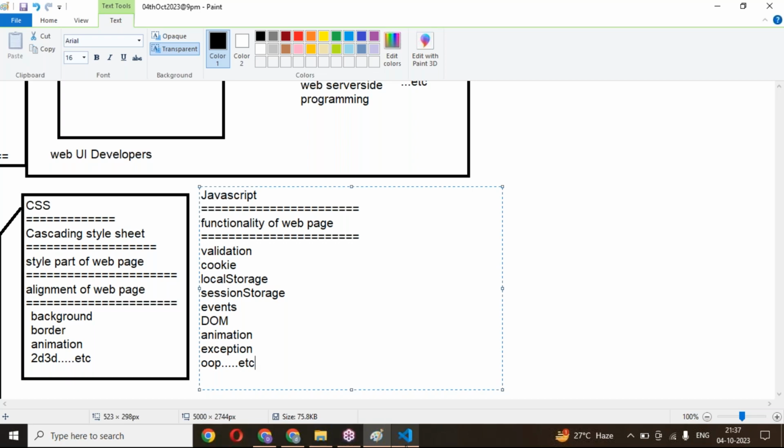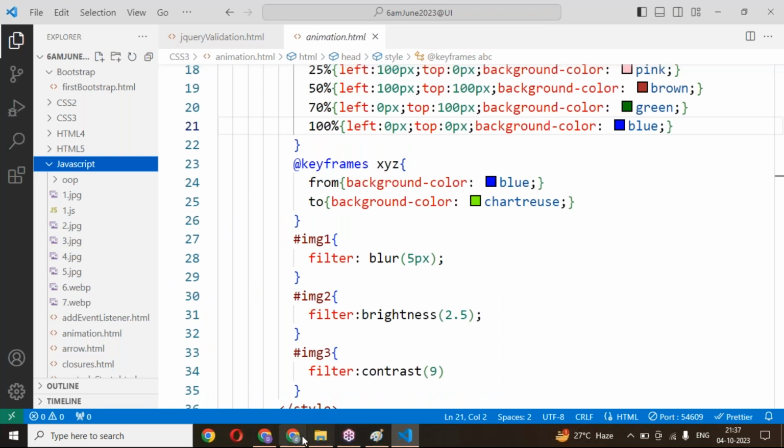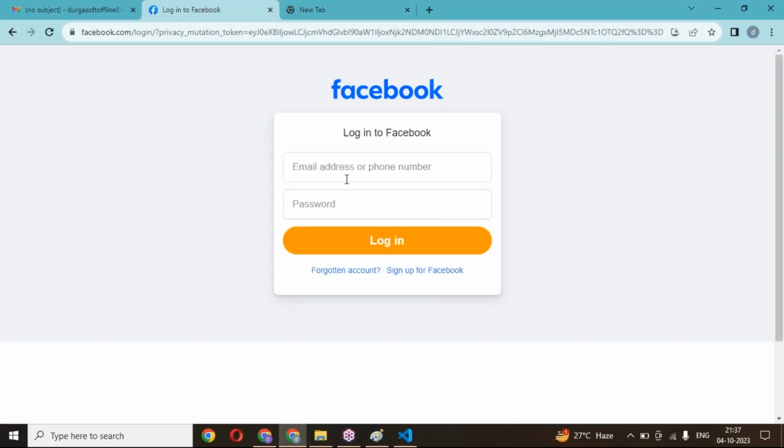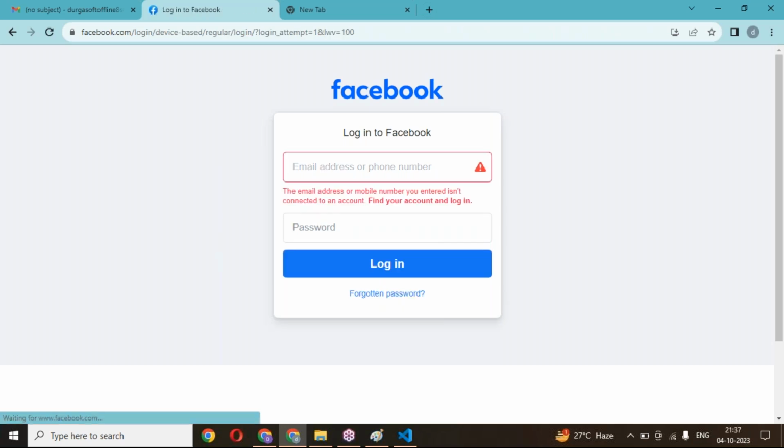See the execution of JavaScript. See, here on Facebook you are getting that error message if you submit your application form,